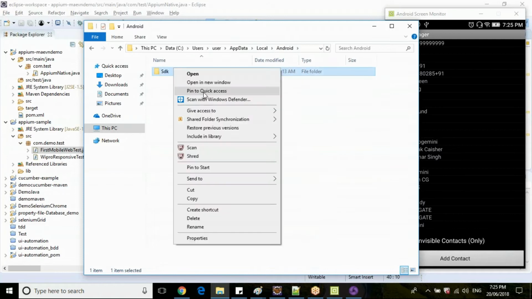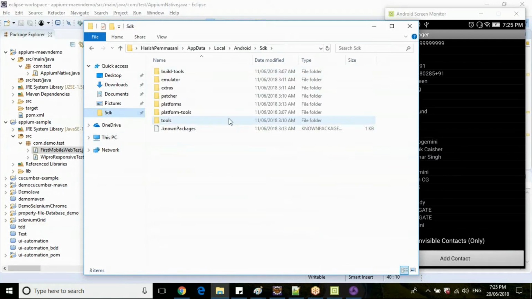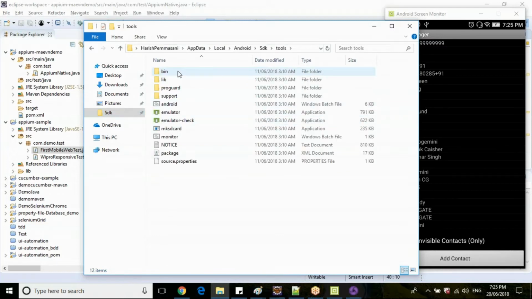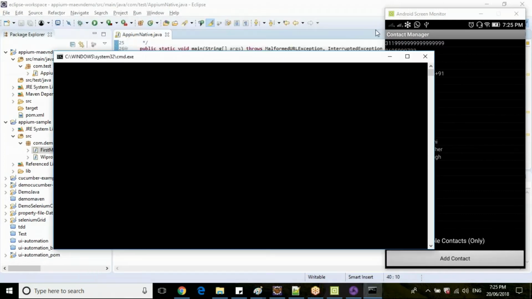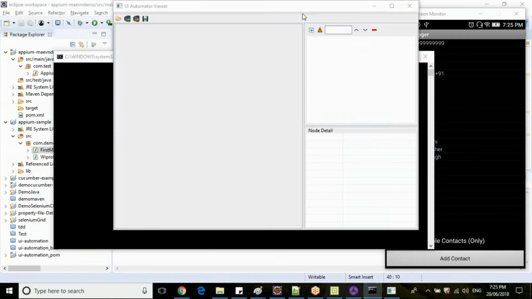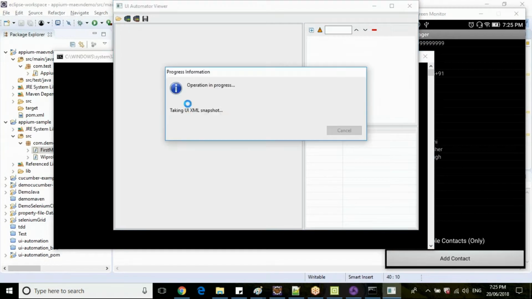Let me pin it to quick access so that I can access it quickly. I have the tools folder, and under the tools folder I have this UI Automator Viewer batch file. Open this batch file, and you will have UI Automator. Take a screenshot here.